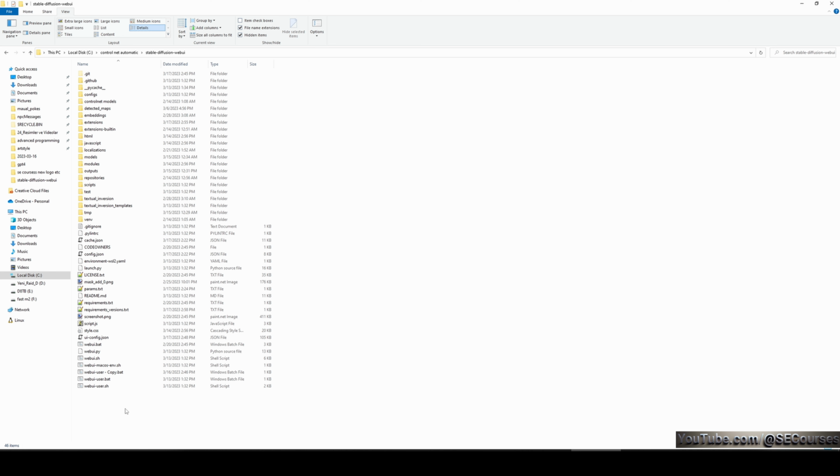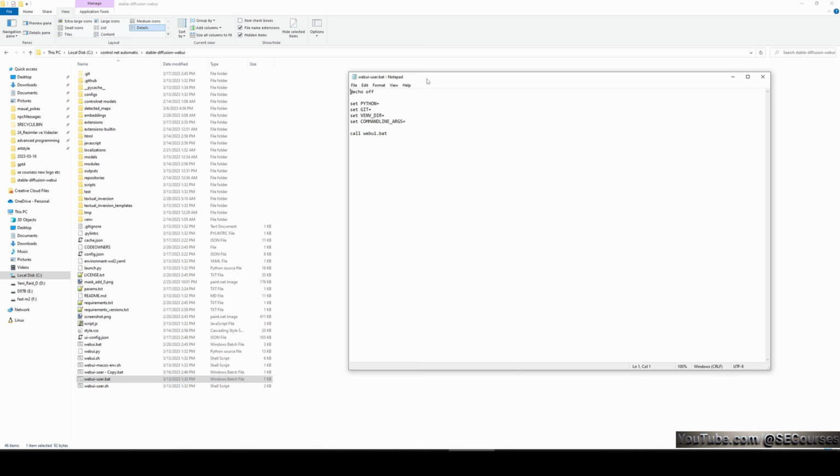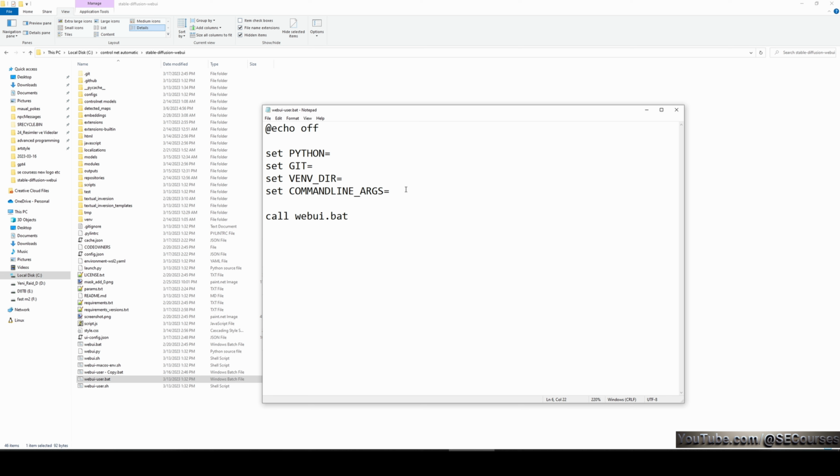Also, after you update your web UI, make sure that your command line arguments are there. If you don't have a big graphics card, then you should use --xformers as your command line argument. So it will start your web UI with xformers. It will also install xformers. This is really important. You don't have to downgrade your xformers version anymore because the Dreambooth extension is now installing the latest development version that is working with training.